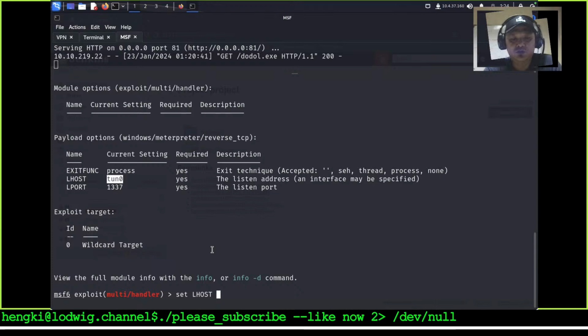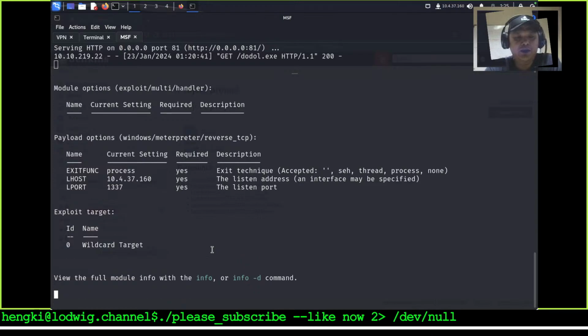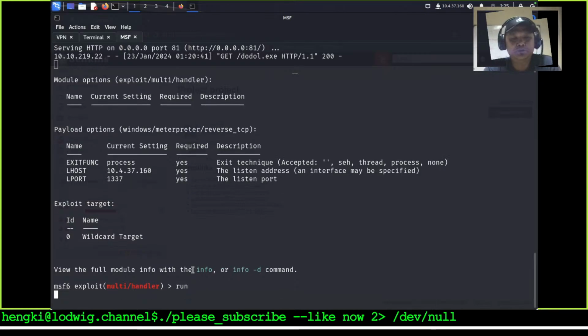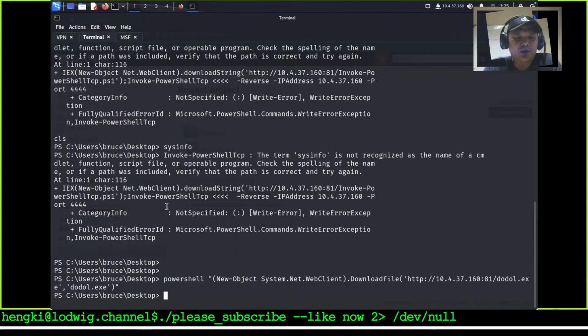Set LHOST to 10.4.27.160, and let's take a look at our options again. It looks okay, and run it with run or exploit, I don't know, maybe run. This is just listening for the connection. So if we run our code here,